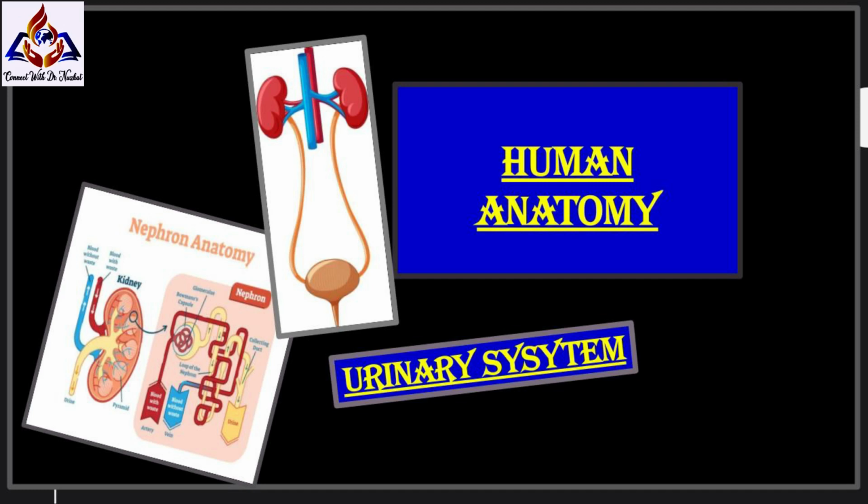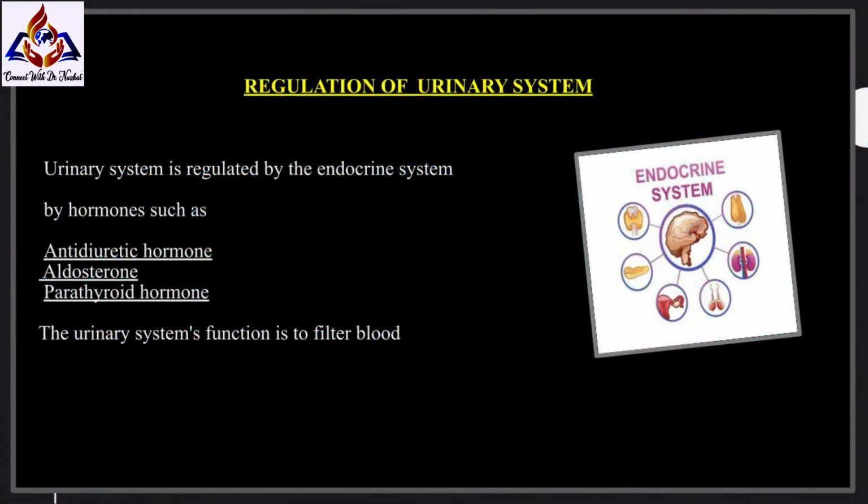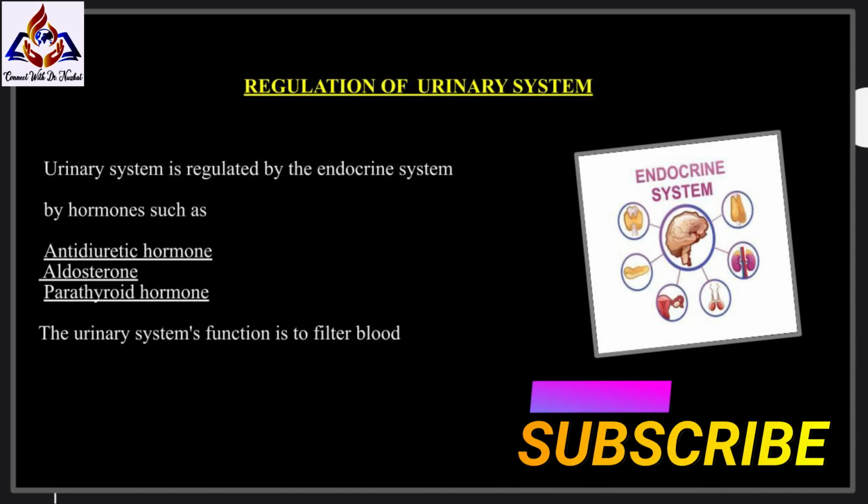The body takes nutrients from food and converts them to energy. How is the urinary system controlled? The brain is the master control of the entire urinary system. And what is regulated by the